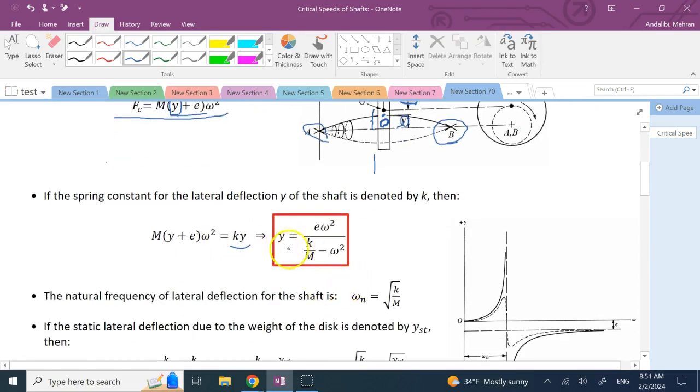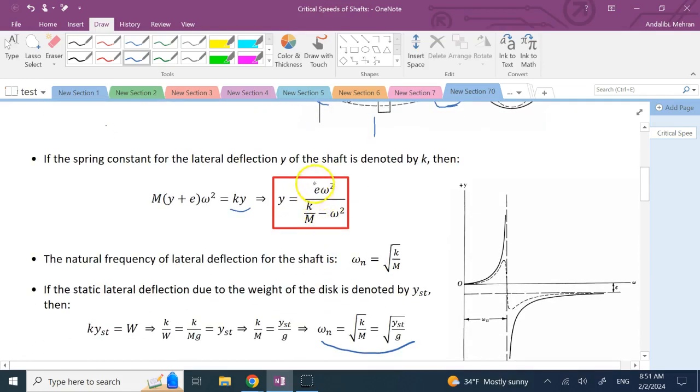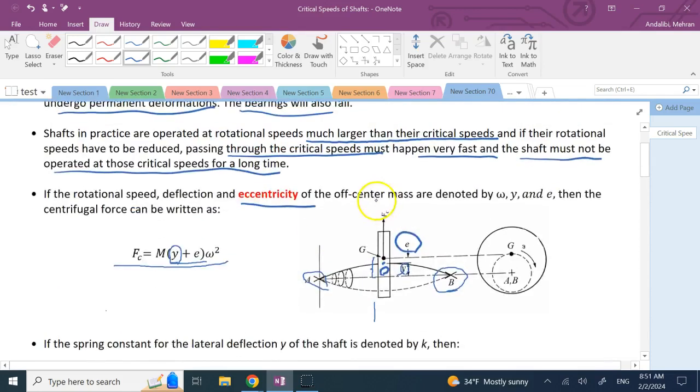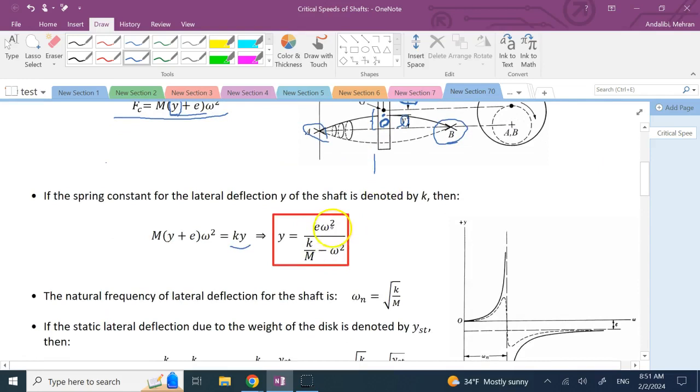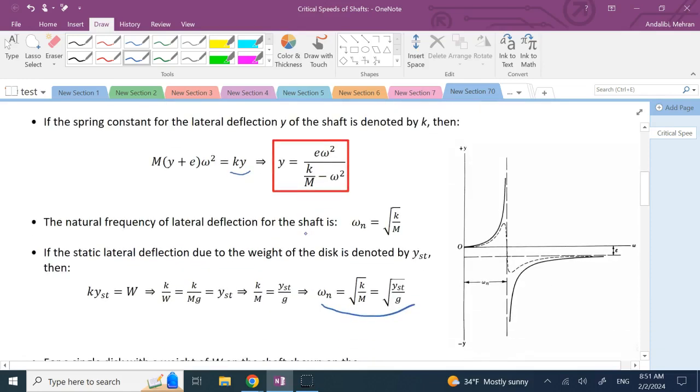So you see the Y, the deflection that you have, depends on E. As I said, the bigger the E, the bigger the Y. So you see it's E omega squared divided by K over M minus omega squared, right? So if you know the K, if you know the mass of the disk, if you know the operating RPM, and if you know the eccentricity, you can calculate how much deflection you have. And it's interesting if you look at this formula,